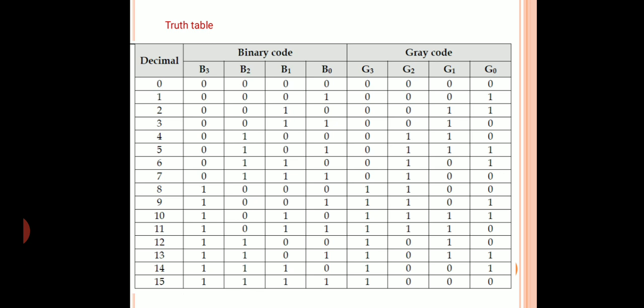If you observe the inputs in this circuit, there are 4 inputs, 4 bits, because a 4-bit binary code is the input. That's why we have to select a K-map which has 4 variables, and we know that a 4 variable K-map is suitable for this implementation. So first we will solve the K-map for G3. Let us go to the next slide.